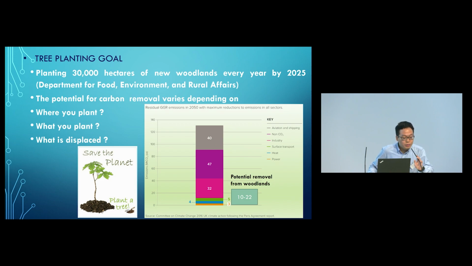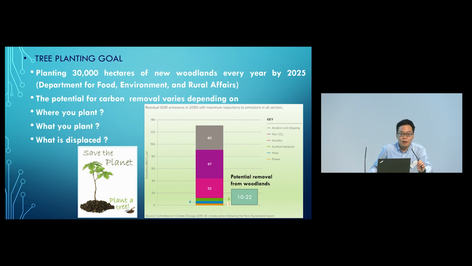And from our work package, we try to use the model to identify how much greenhouse gases we could remove by planting trees. The target set by DEFRA is planting 30,000 hectares of new woodland every year by 2025. And the potential for carbon removals may be 10 to 22 million tonnes of CO2,